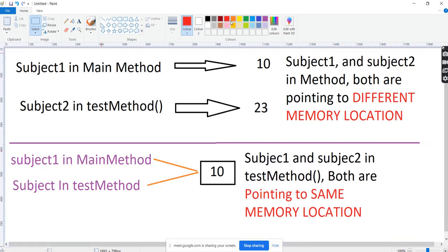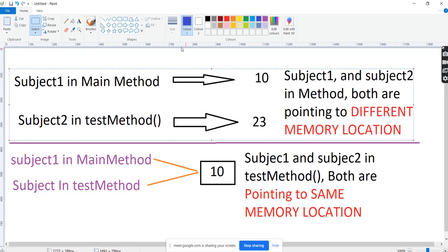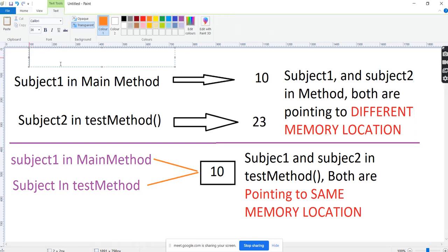So that's the reason this is called pass by value.